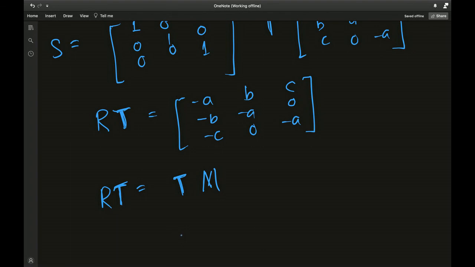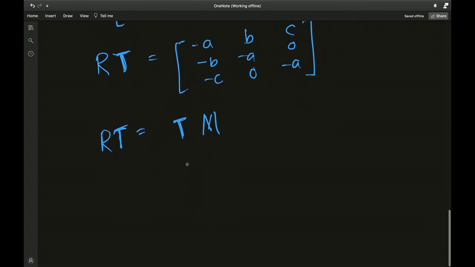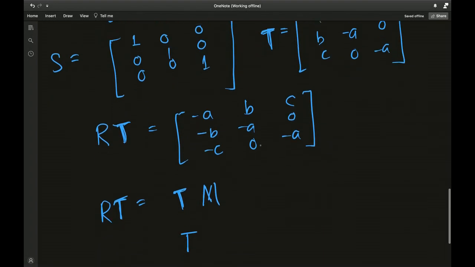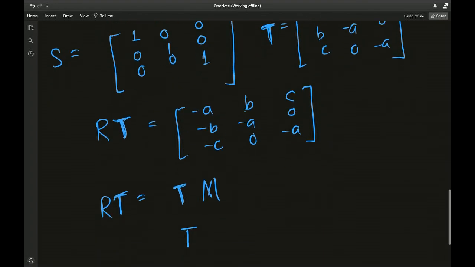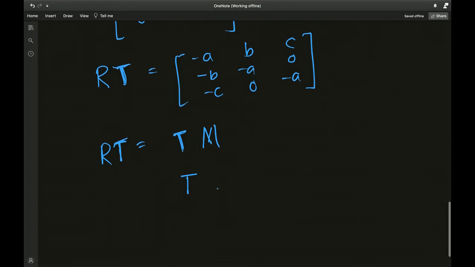Well, if you just examine a little closely, for T to change into this after reflection, M will need to be negative 1 0 0, 0 1 0, 0 0 1, because